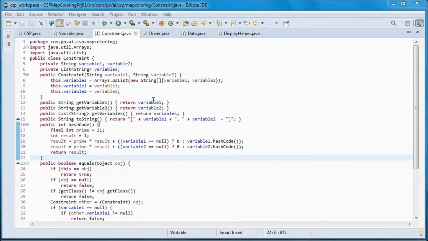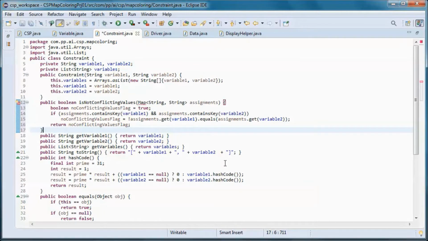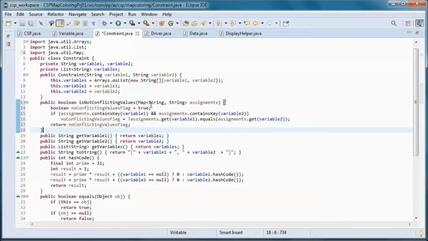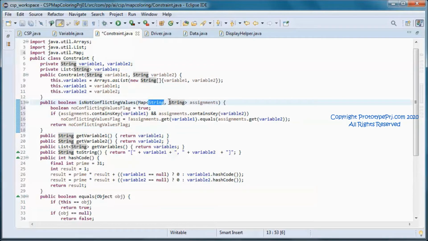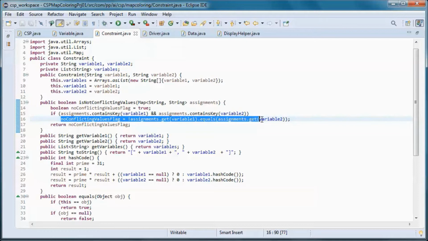And we'll need this method that takes in a map containing states and their assigned colors, and we take a look inside that map and check if it contains the names of the 2 states we have in this constraint, and if it does, then we make sure that they do not both have the same color.